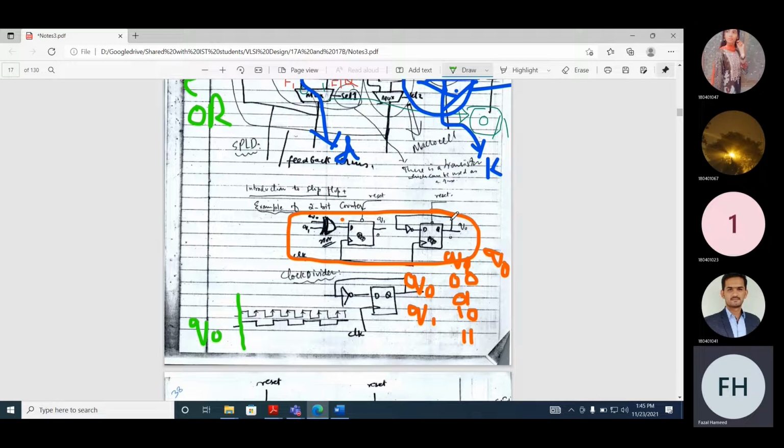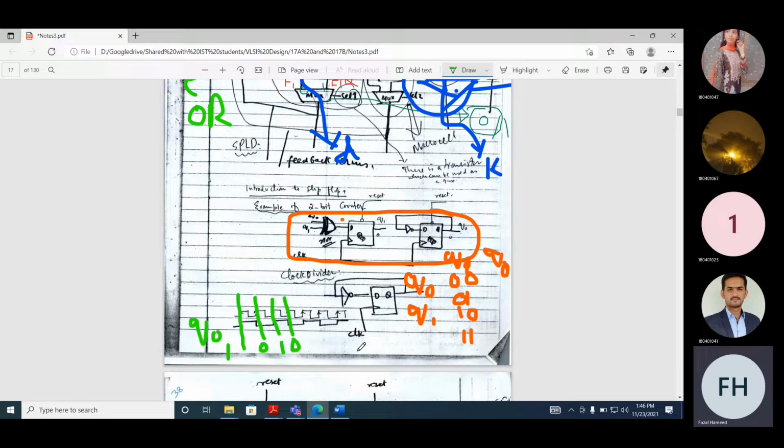This is feedback, and it is the inverse of the logic. So what will be the value on the next clock? Here it's 1 at this edge, on the next edge the value will be 0, on the next edge 1, and on the next edge 0. Why is it flipping?